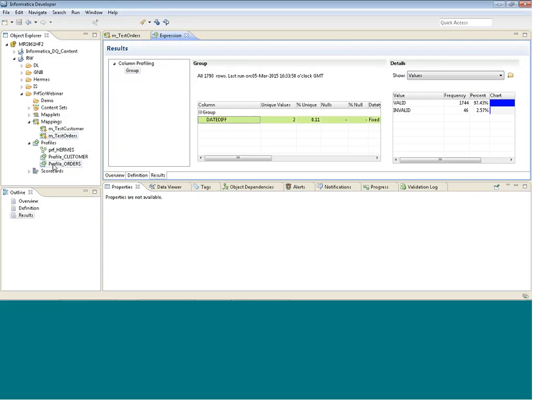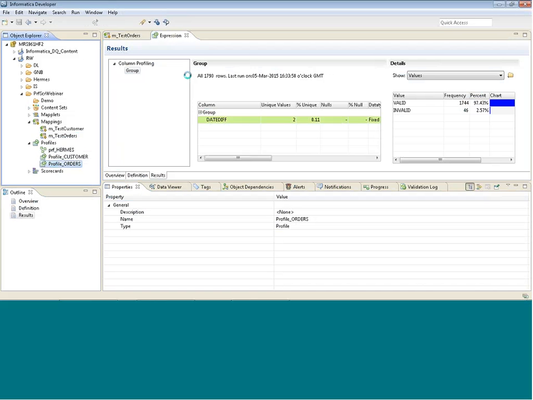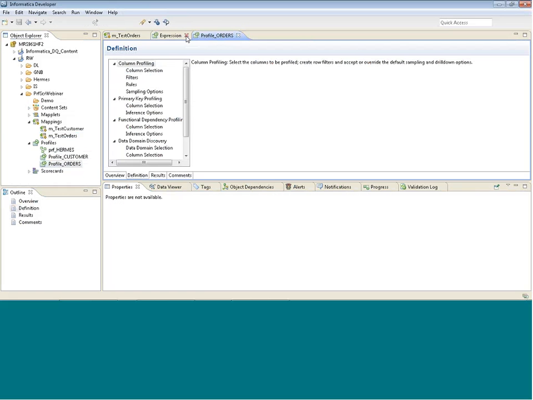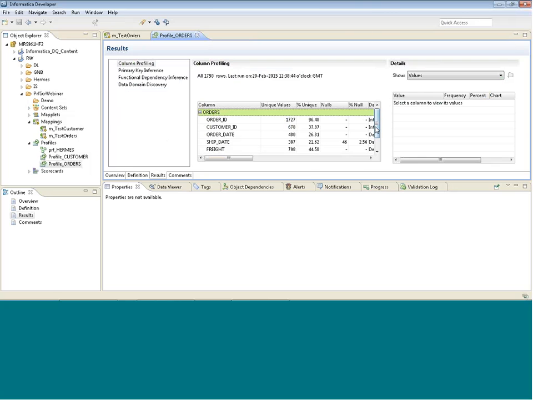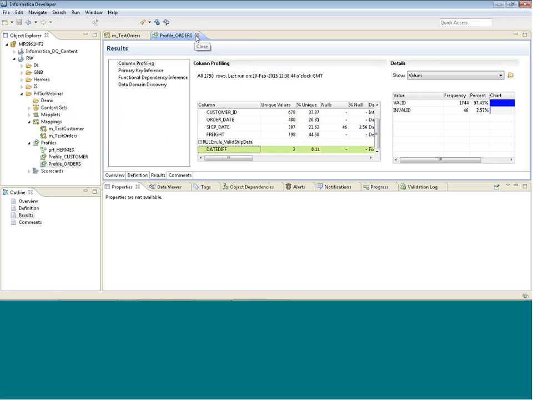So I think I've actually done that over on this one here, this one I was working on earlier. So if I open up this table called orders, it's slightly different, but I think I may have applied this rule. Yeah, I've applied that rule. So if I then look at the results on that, see that there, so that's basically that. So that might be a rule that we would add to a scorecard, and it will give us a useful binary, correct, not correct output. And so that's some of the